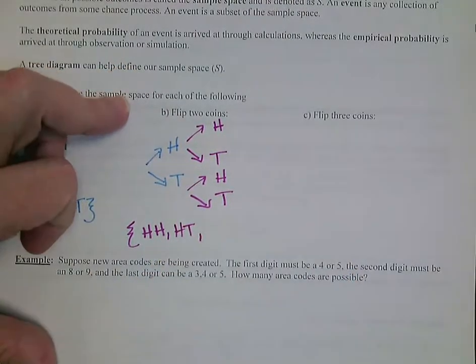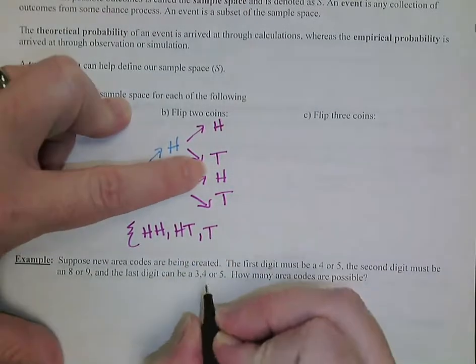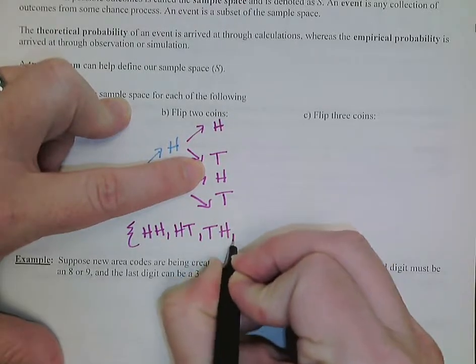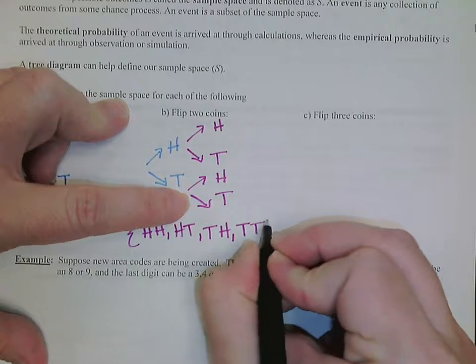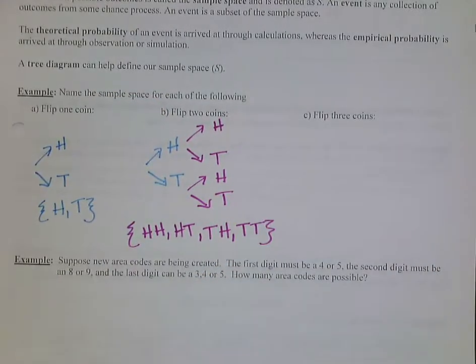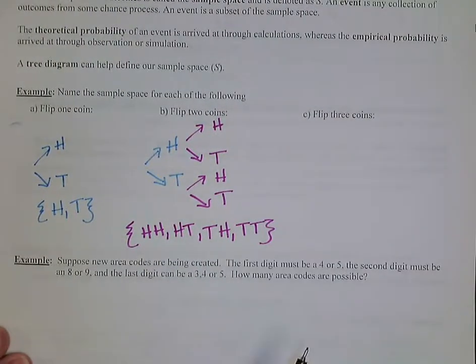Or if my first coin gives me tails, my second coin could give me heads. Or if I get tails for the first one, I could also get tails for the second one. So then again, there are 4 possible outcomes that define the sample space of all of our outcomes for flipping 2 coins. If we extend this idea to 3 coins, again, each one of those coins could be heads or